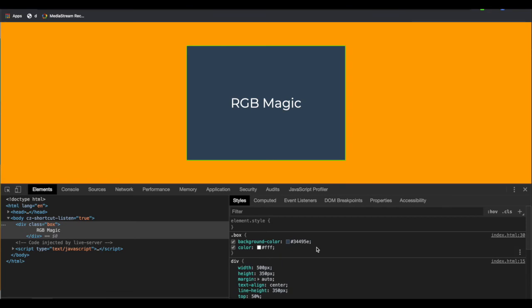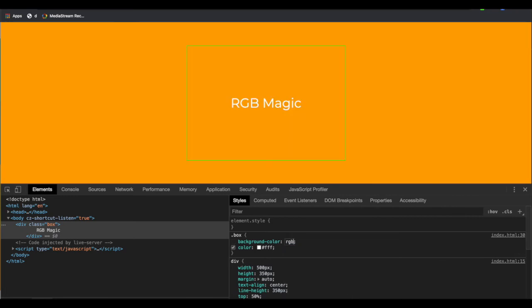Okay, so we can provide a color. If I would like to give, say, a red color, I will write RGBA. R stands for red, G for green, B for blue, and A stands for alpha, that will give you the opacity of your background.